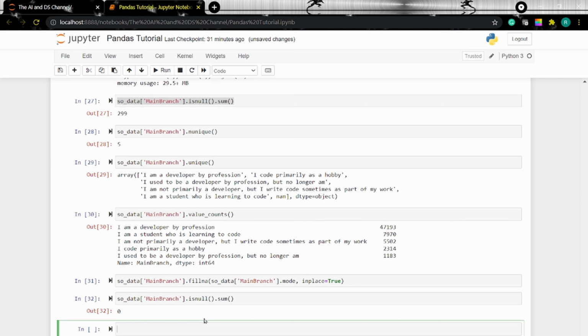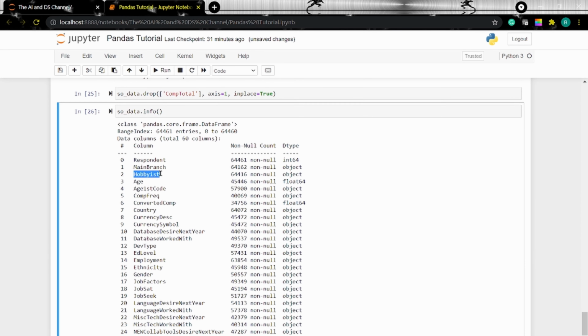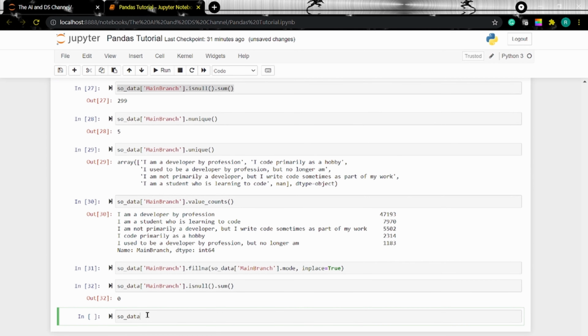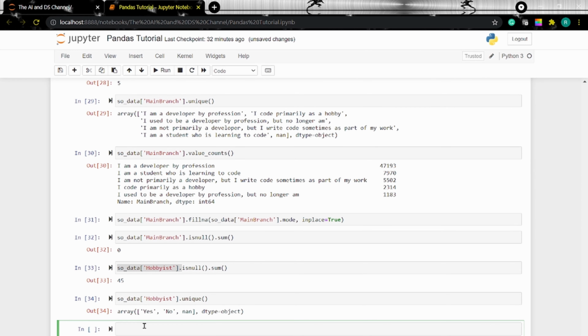Let us take the next column for example, hobbies. And we can see that there are 45 null values in this column. To see the unique entries, the unique entries for this column are yes, no, and na. For this column, we'll replace the null values with yes. To do that,